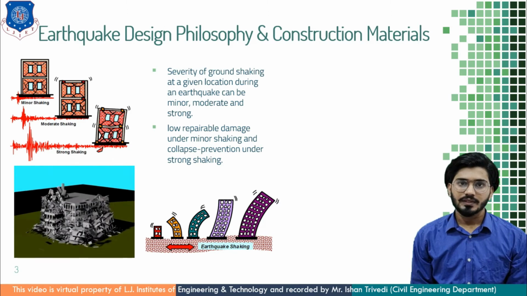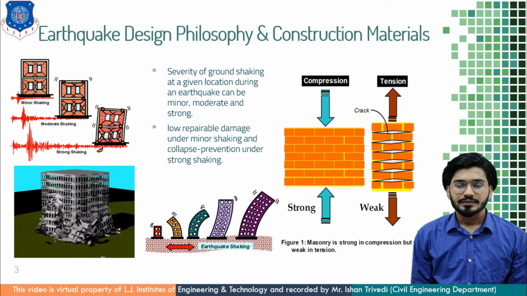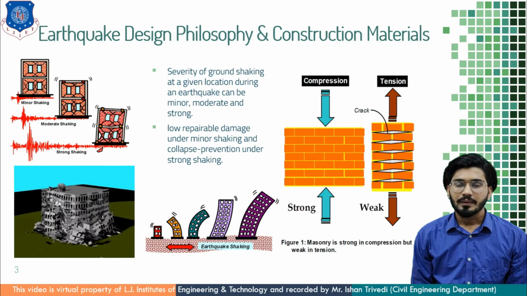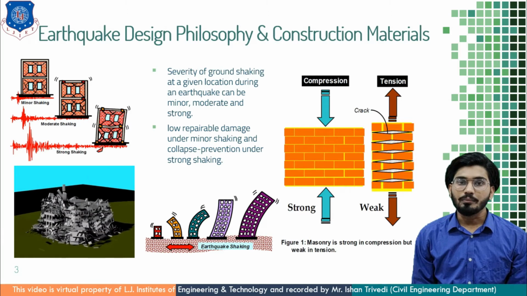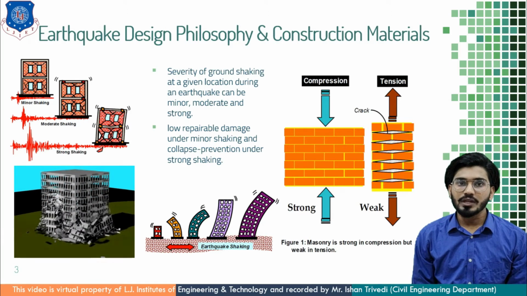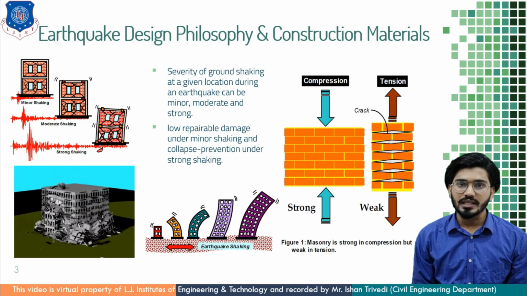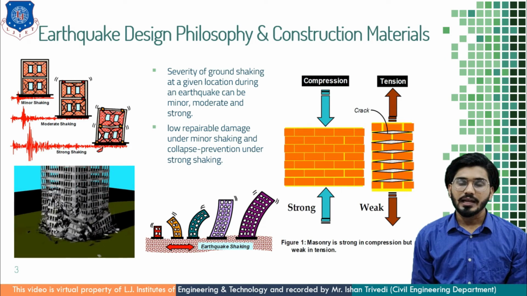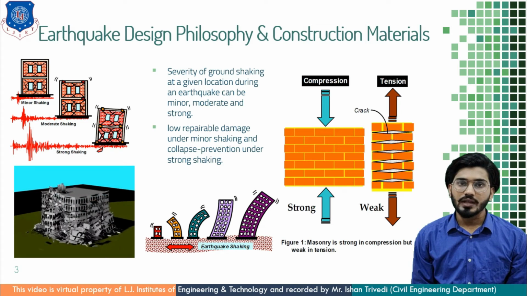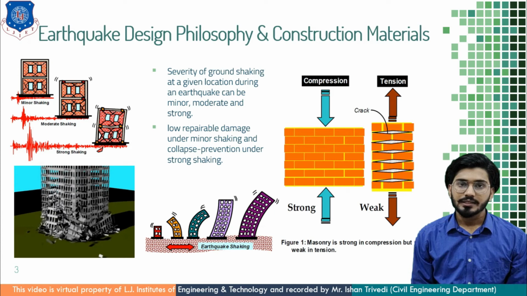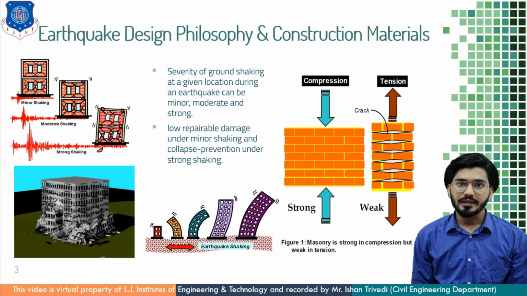Now understand the weakest part of the building component, that is nothing but the masonry structure. In construction material, we have seen that masonry walls are strong and resist the earthquake force in compression. But if there is tension or axial pull, then it will be weak. This is one of the main reasons for cracking or collapse of any building structure. Understand, the masonry wall is weak in tension and strong in compression.